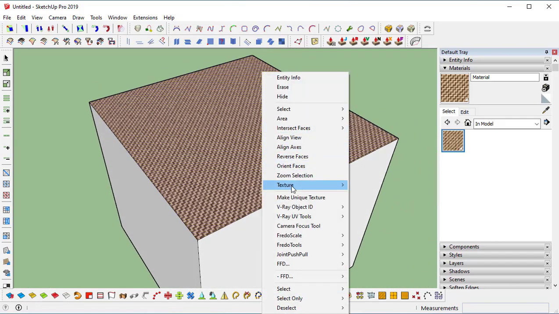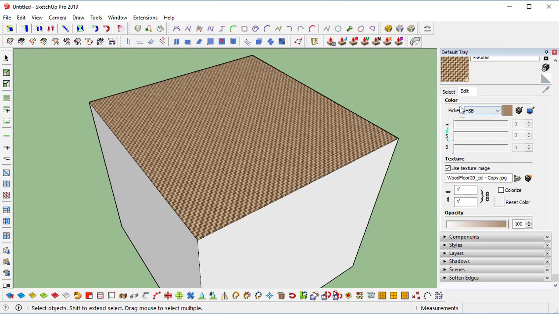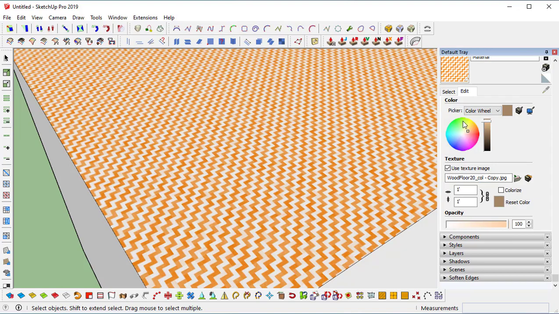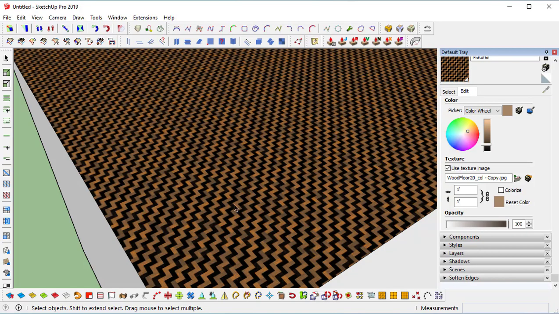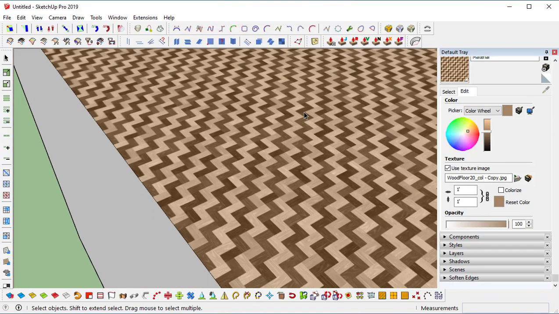Sometimes you can't find this texture position. At that time you go to Edit. If you go to Edit, the first option is color options, meaning you can change the color also. If you go to RGB or color wheel and I increase the lightness, the texture changes a little bit and becomes darkish, but the reality goes missing. That is why I don't prefer this one. If you make any unexpected change, simply click undo changes, or here Reset Color, and the original will come back.